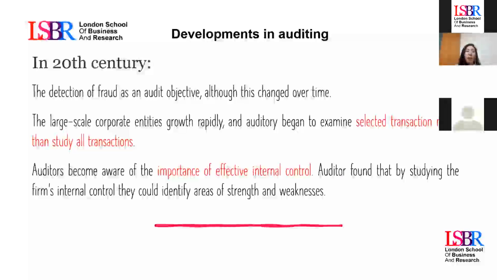And why have the operations of a company increased? Because of globalization. Now we have companies that are in multiple locations, maybe a company located in a country but in different states of this country. So it would be impossible nowadays for the auditor to review 100% of the company. So the approach of this review changed.